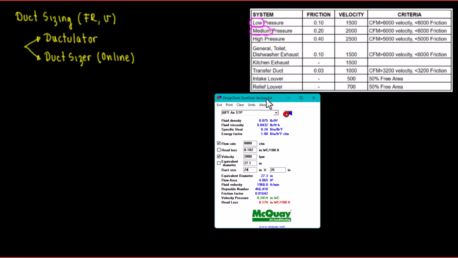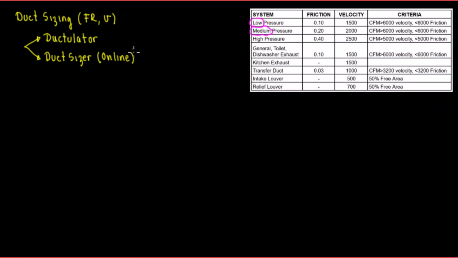Now that we have a little more understanding, we're going to check on low pressure and medium pressure. This is very interesting depending on the pressure. This is some sort of reference for low pressure. For low pressure, we're going to put below 2 inches of water gauge. Okay, 2 inches of water gauge, and then for medium pressure,